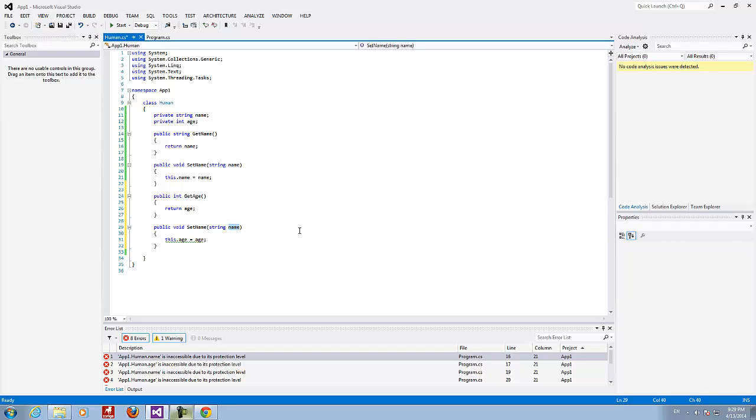So the values of the properties are kept in the fields. It's integer, of course, and voila.